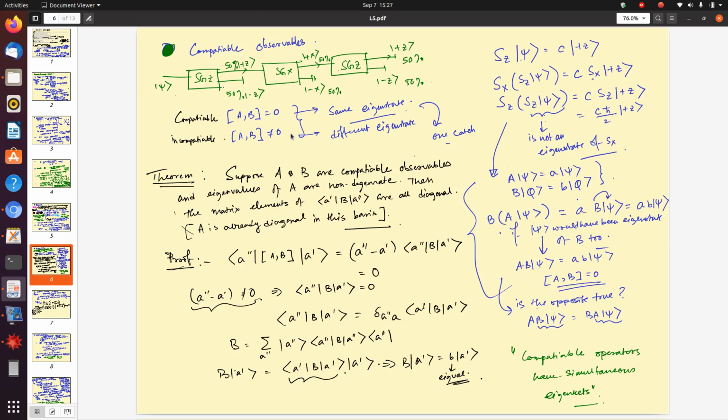So, they are called compatible observables, and if that does not happen, then this thing will not hold. We will also prove that more rigorously. We will prove this whole thing more rigorously, but if the opposite is true, then if you perform a second measurement, you will get something completely different.